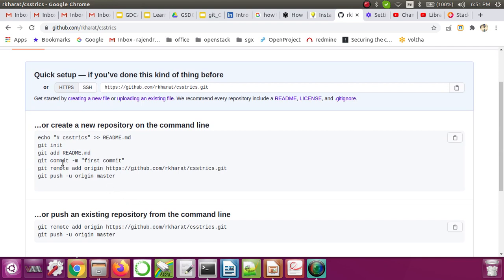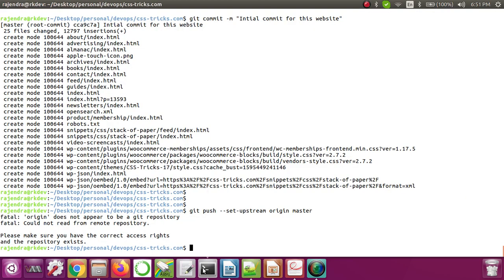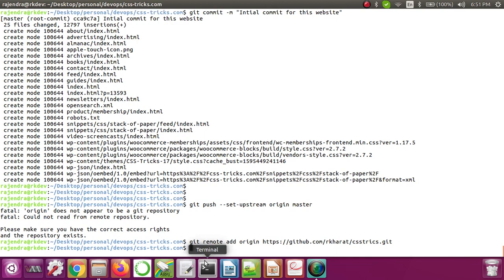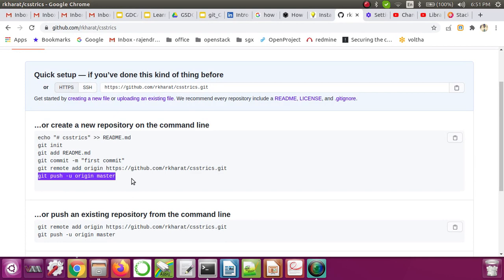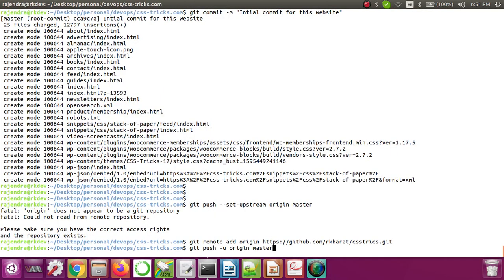So to add this, now it is asking this command. Okay, so now we can put this git remote add origin. So what is the origin of it, that we are giving the path. And now if I go and put this path here, you can see that this is initialized, and now I can do git push -u origin master. Okay, now if I done this,